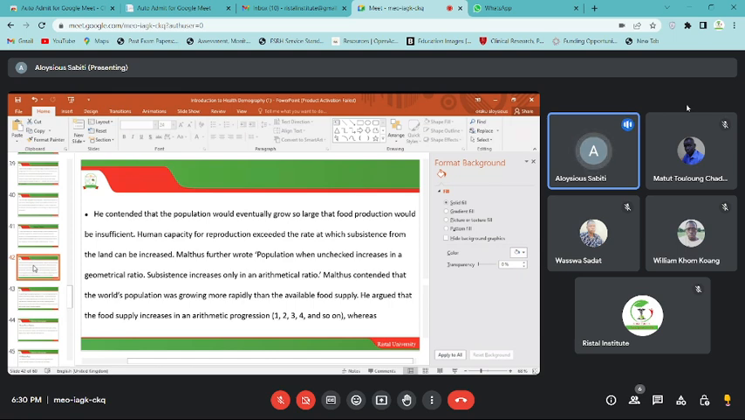However, food production was not growing. That is why he later argued that because of this, there would be what he called the population trap. So he stated that our population, when unchecked, increases by multiples and eventually increases beyond